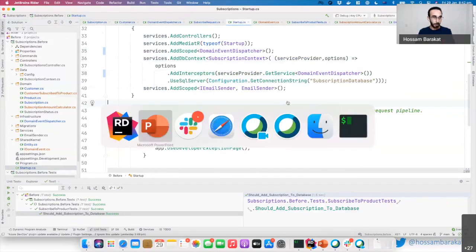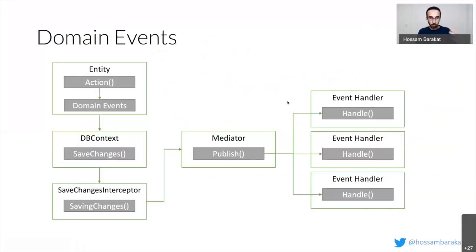Let's get back to the slides. So as we said, we had an entity. Whenever a behavior happens to the entity, we raise a domain event, listen to the save changes from DbContext, use the save changes interceptor to publish the domain events via Mediator, and we could have multiple event handlers for my